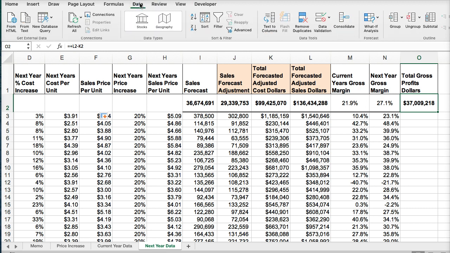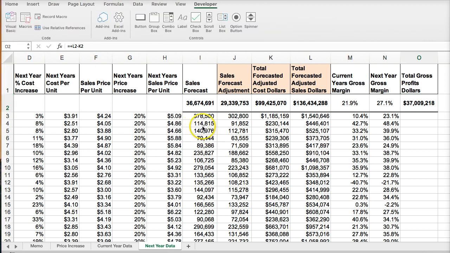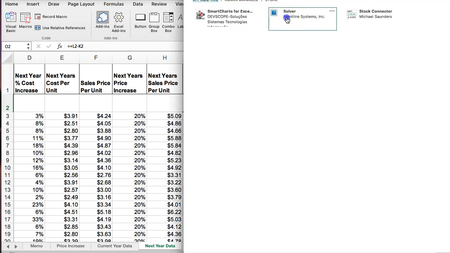Excel versions work differently, so you may want to look up on the internet how to install Solver into Excel if you don't already have it. But for my particular Excel, which is a Mac-based 2016 Excel, I go to add-ins. I can click on Solver add-in,